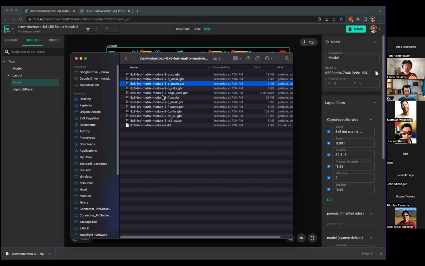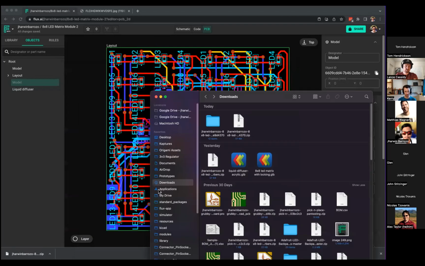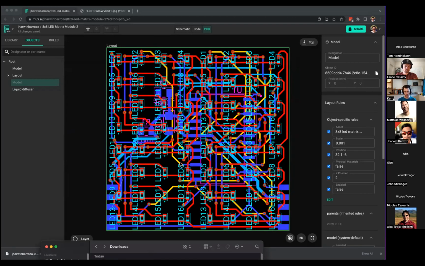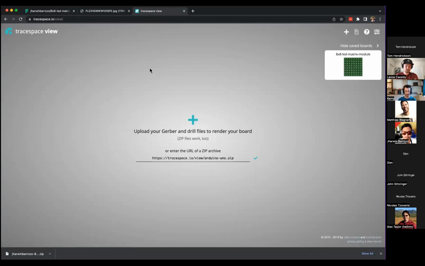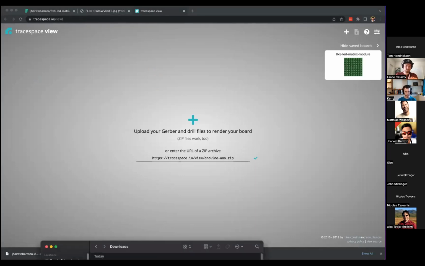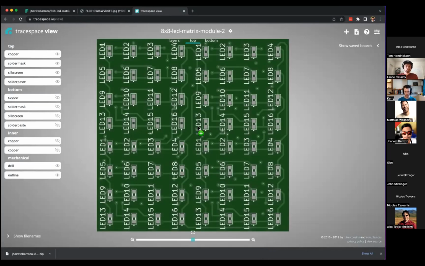We cannot get a decision in here on whether this is good. For verification of the exported Gerber from Flux, we could use another web app so that we can verify that the traces we have created look exactly the same. I'm going to share this link here. It's called tracespace.io view. I'm just going to drag and drop that zip file in here,